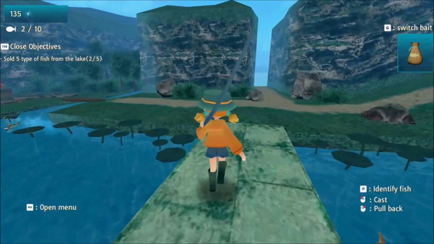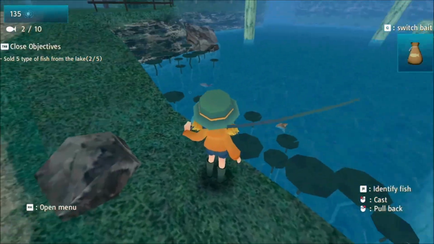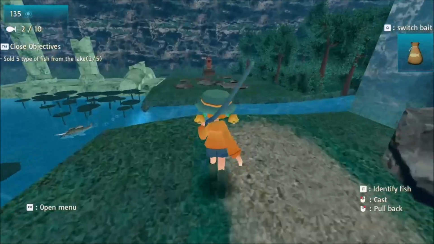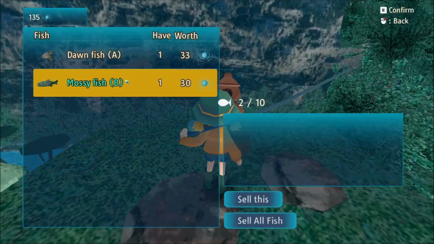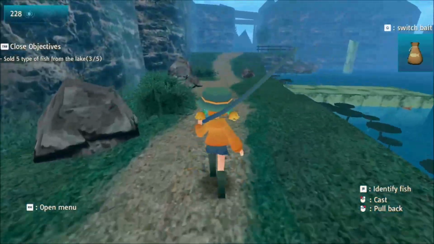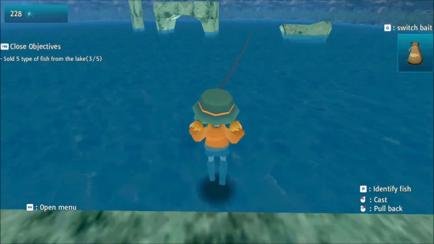Oh man, I don't feel like I want to be this complicated. I just want to have fun. So you're a dawnfish. You're a bluefish. We have a third fish that we can hand over here. Well, we've sold 3 different types of fish from the lake, but...